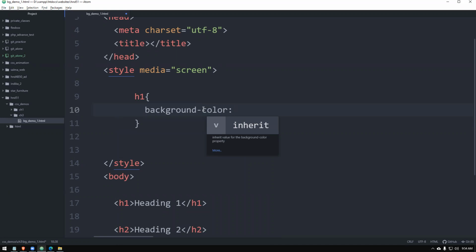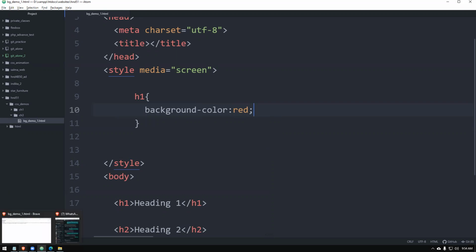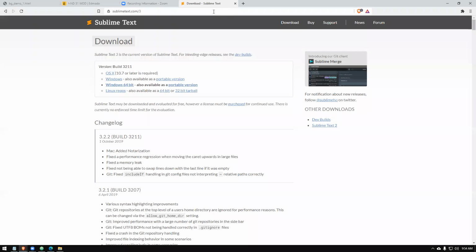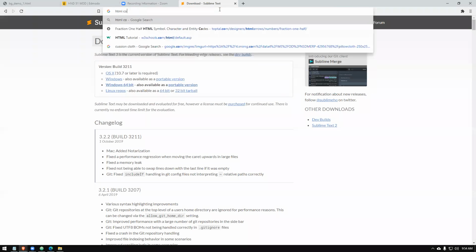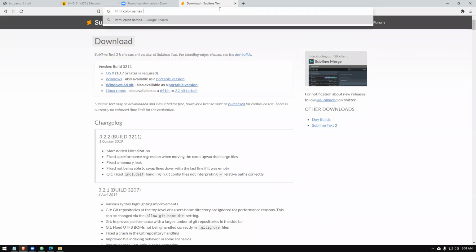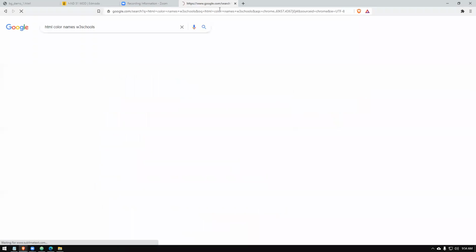For example, there are 140 colors, I think. You can give the names, 140 colors are there. I don't know whether you can remember everything, even I can't remember all of them.